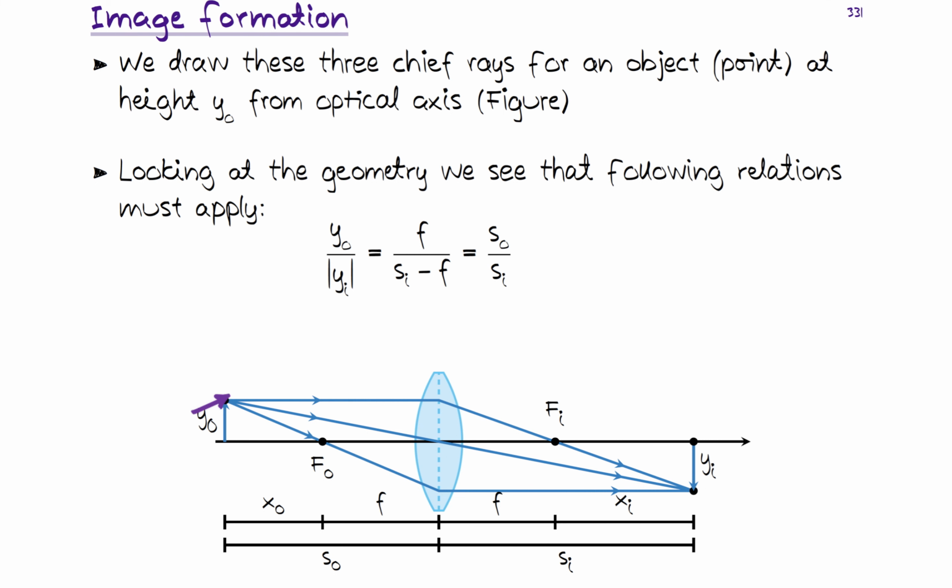So yo divided by SO is essentially the tangent of this angle, and that should be equal to the tangent in here. So these angles should be the same, and they will of course be by just looking at